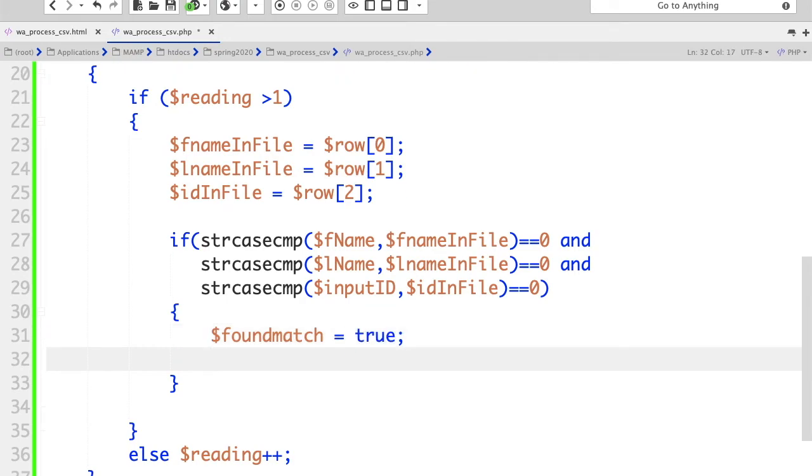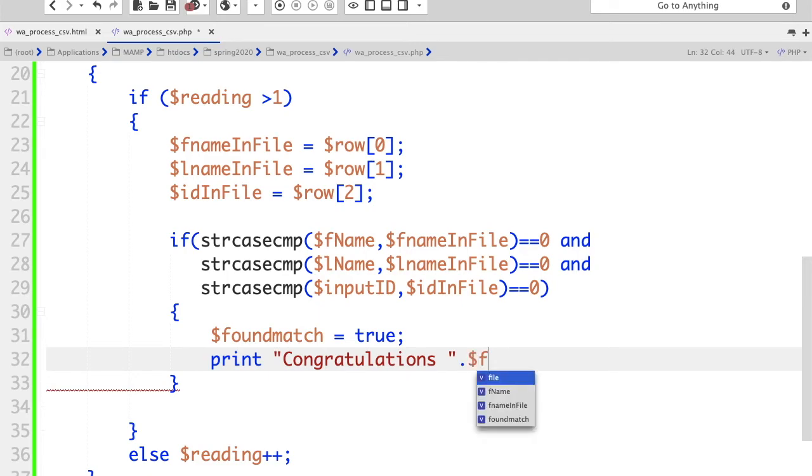What else do we do? We print congratulations. We're going to concatenate that congratulations with the $first_name_in_file,